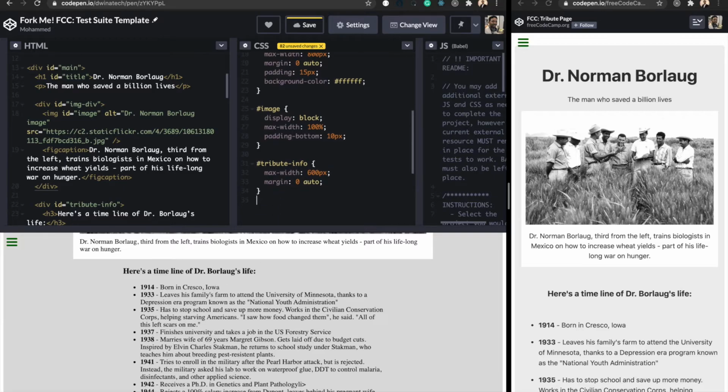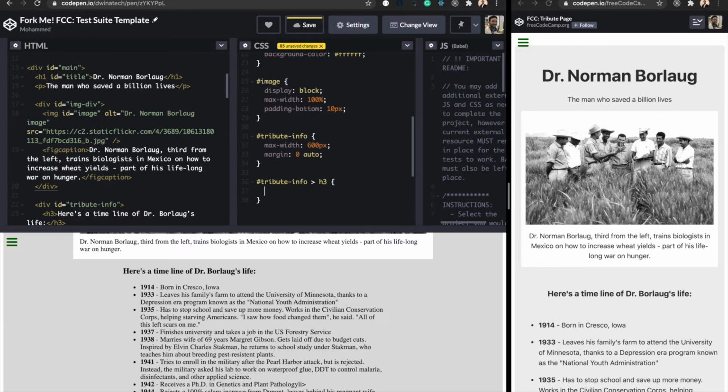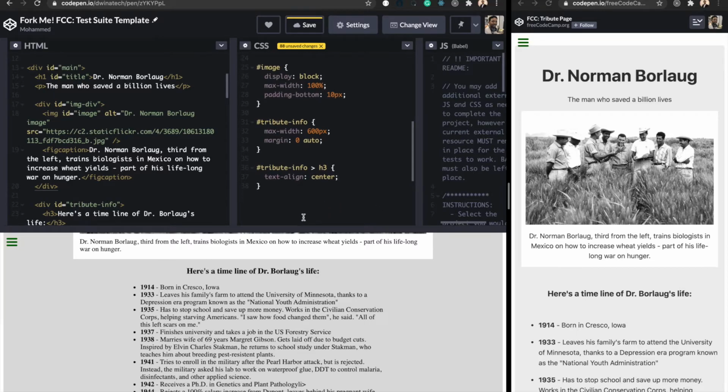So that will be, just to select that element, it will be an ID called, we'll use the same ID, and then just access the first H3 inside this content. It will mean accessing the first H3 element and applying this style, which will be text-align center. If you see that centering the text, and if you go to next one, will be